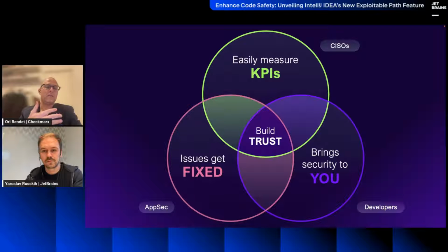On the AppSec side, their goal is to make sure that the most critical vulnerabilities get fixed, and developers, while most times, and I might be exaggerating, are not being measured on security, we need the tools that provide the ability to bring all the information and bring security to developers. And it's only by combining the three that we're able to build trust,